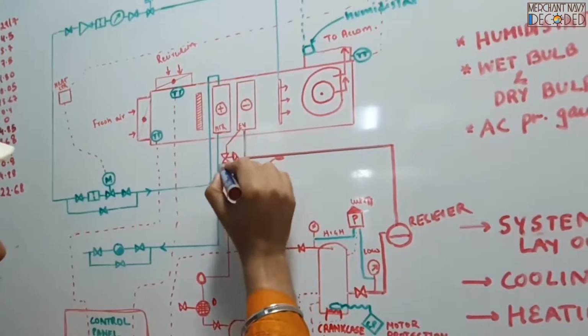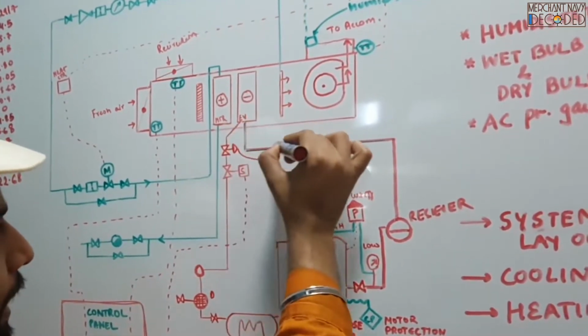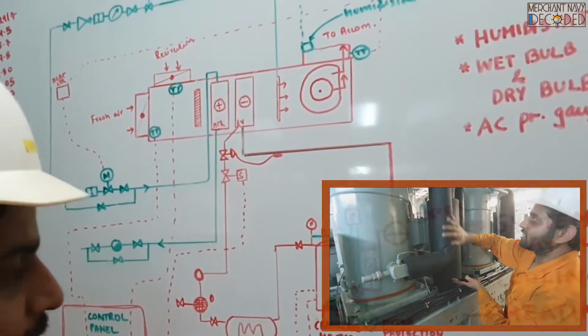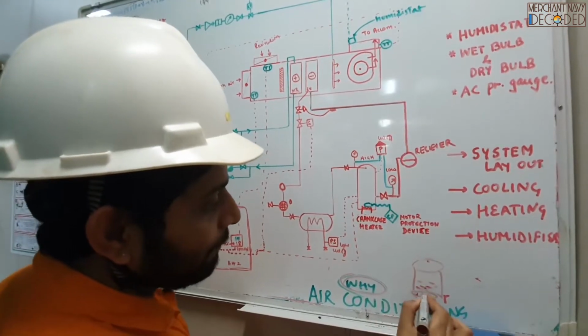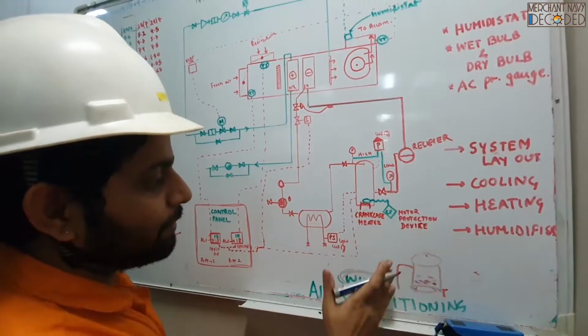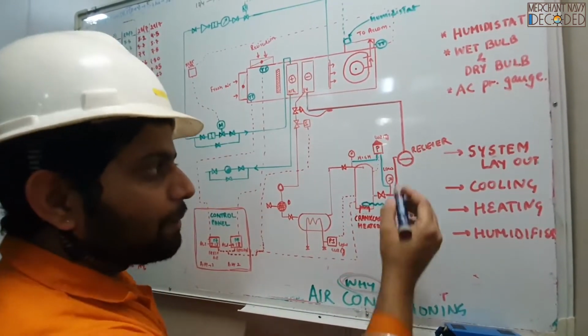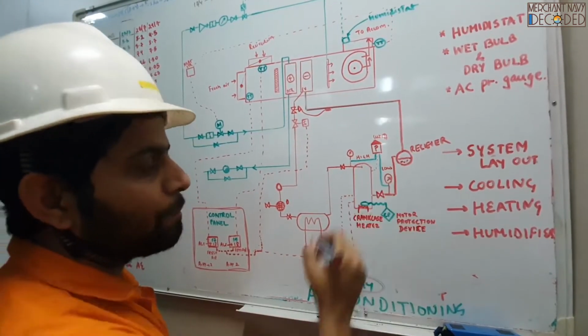This gas goes over here from the evaporator coil, goes in, gets converted into vapor state and comes back into the receiver. Now this receiver is a huge cylindrical type. If there is any liquid, it will come over here and vapor will only go into the compressor side. That's why this receiver is given. Most of the ships it is not given, but since it is given over here, if any liquid is over here, it will stay over here. It will not go into the compressor side.